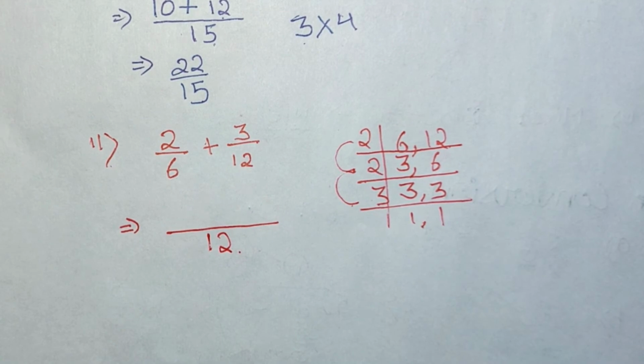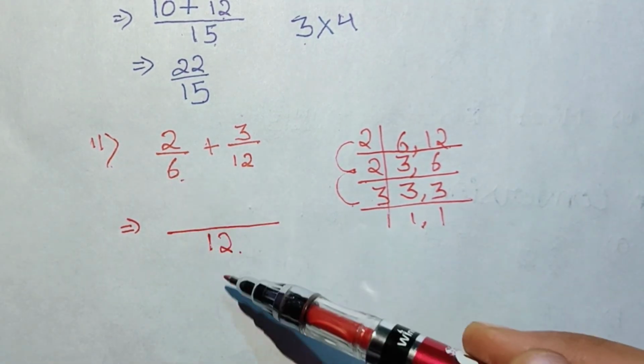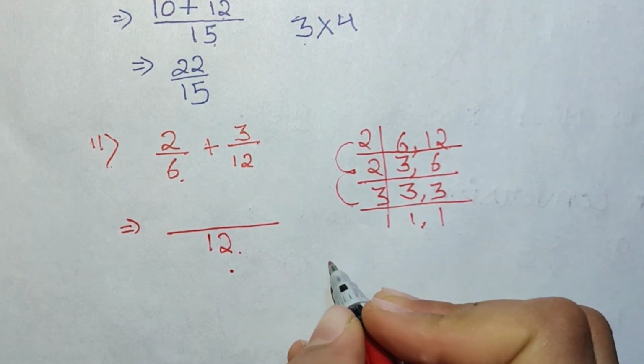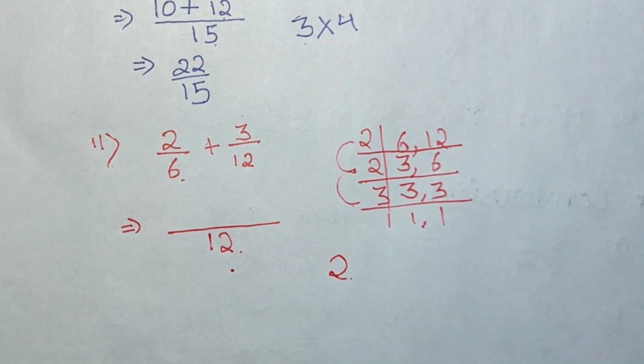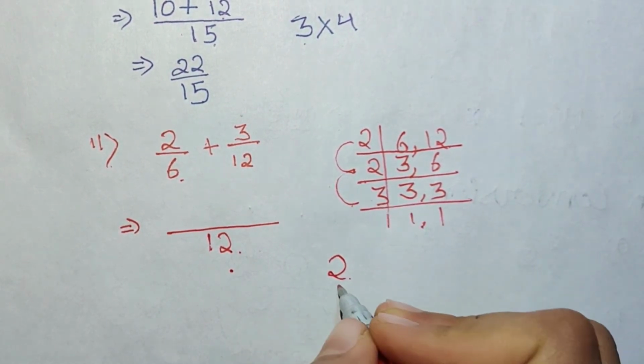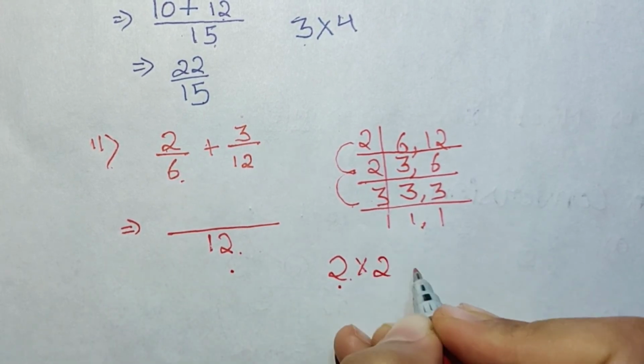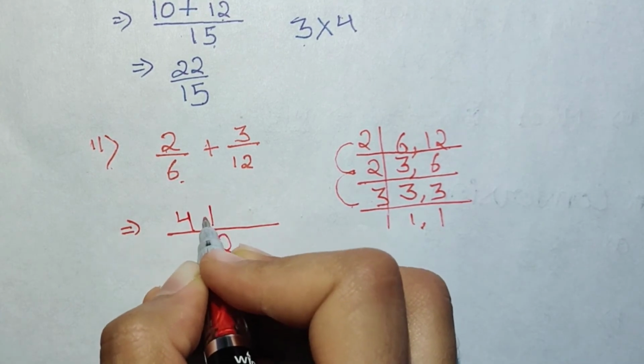Now you will see how many times this 6 divides the 12. 6 1s are 6, 6 2s are 12. It is dividing it 2 times. So now you will multiply this 2 to its numerator. 2 2s are 4, plus